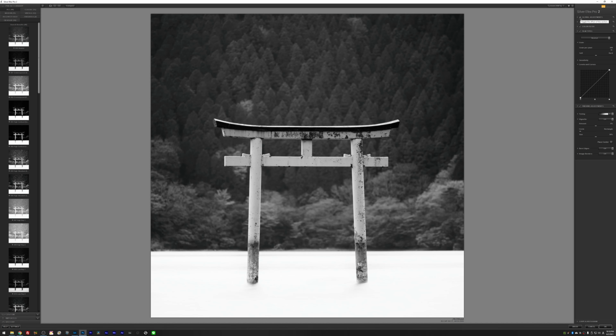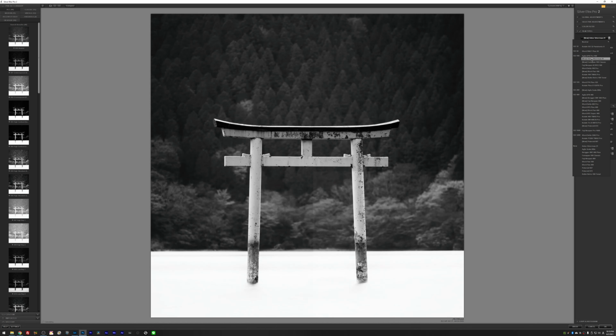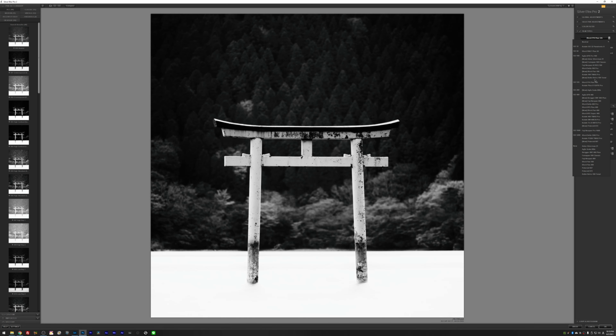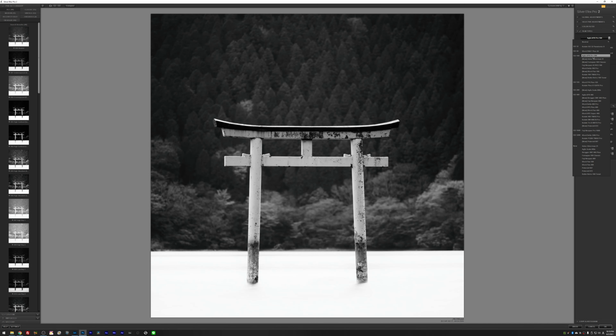And again, I don't need this global adjustment, I don't need the selective adjustment, I don't need these color filters. What I need is the film types. I did try many of these, and in this particular image I think this one, the Agfa APX Pro 100, is the one that looks the best and gives me more contrast, so I went for this one.